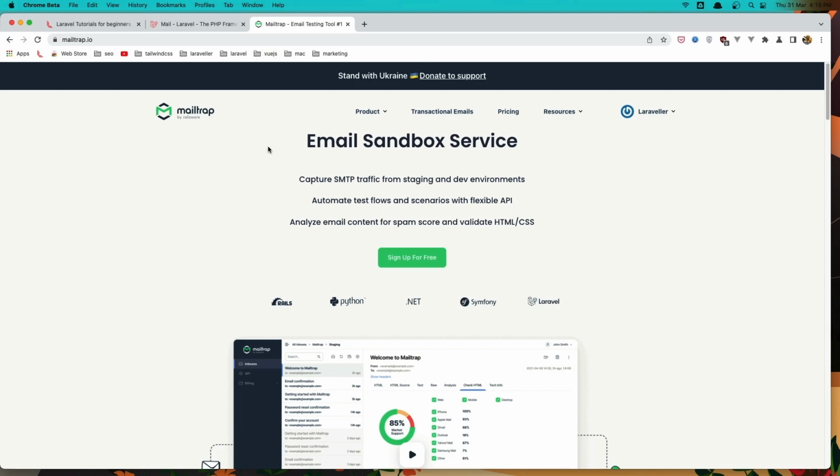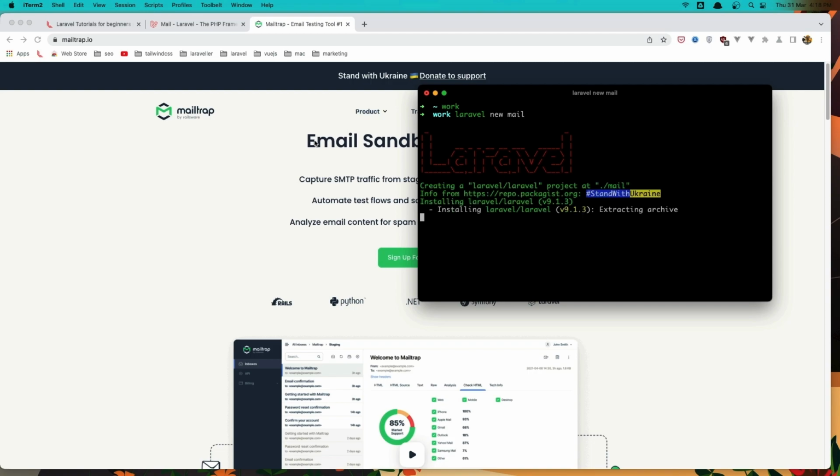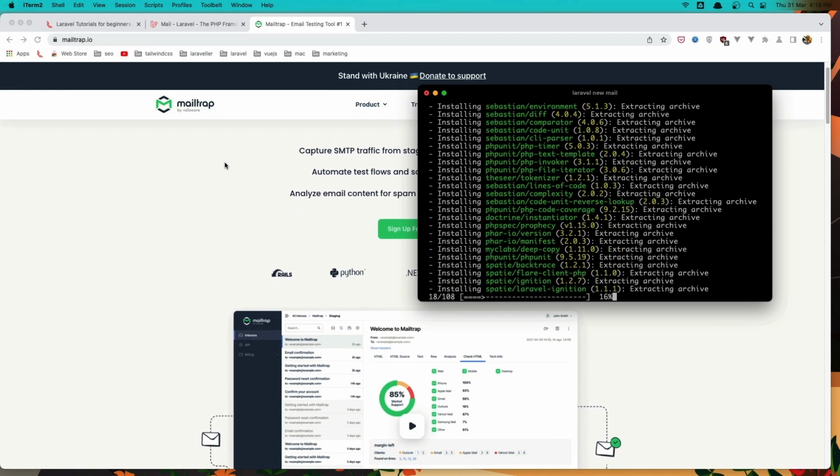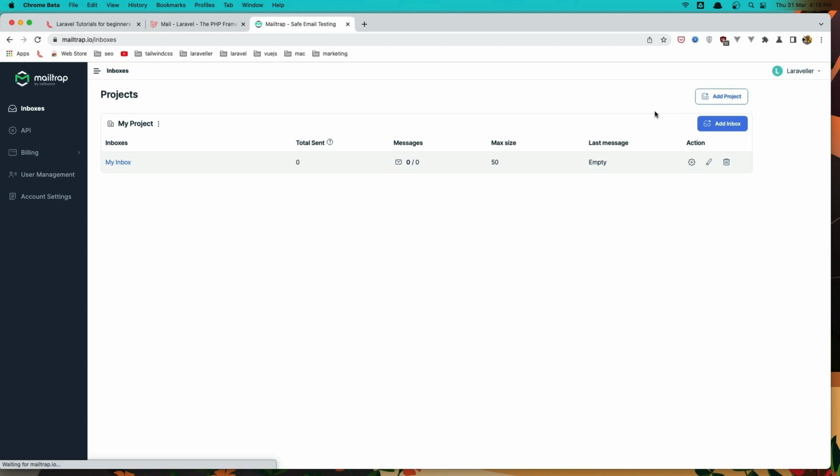So let me open the iTerm, and I'm going to go in the work directory and say laravel new, and I'm going to call it mail, to create a new mail directory and create the Laravel 9 project. And if you go here, I have 0 messages, and if I go to my inbox,